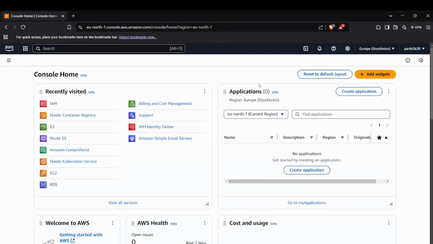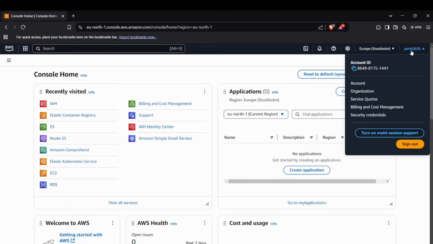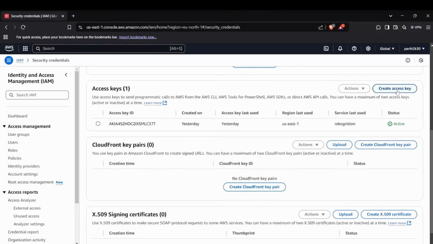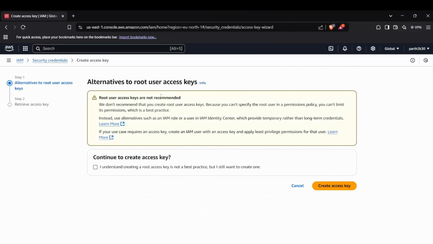All right, guys. So now I'll show you how you can create access keys for your AWS account. So head up to your AWS console and then head up to your profile section, your profile drop-down bar, and you can see the security credentials tab here. Now click on that. And now scroll down to the manage keys section and you can click on create access key here. And now it will ask you to create the keys for a particular user. You can select the user for which you want to create some keys, but I'll just select the root user,